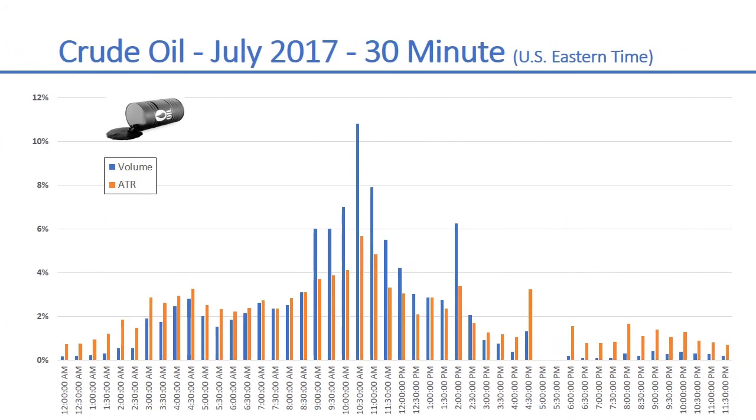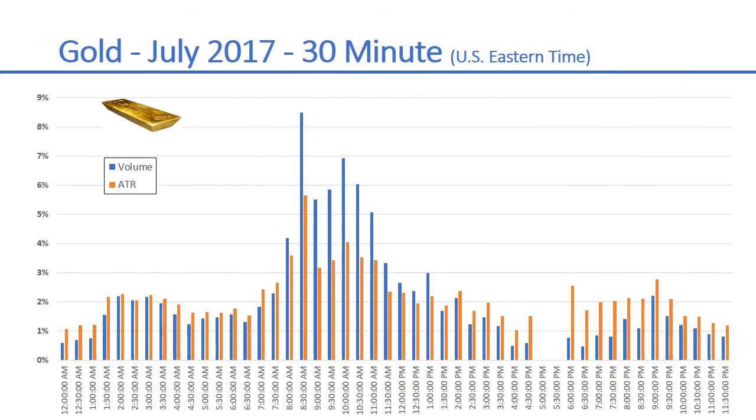As you review the remaining charts, note that gold and the euro come closest in this group to offering a 24-hour market. If you are limited in the times of day you can trade, these markets may offer more of an opportunity to fit your schedule.